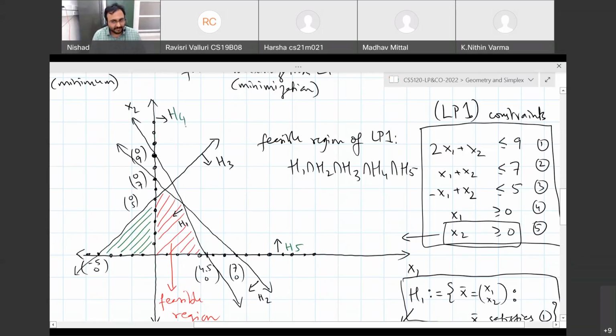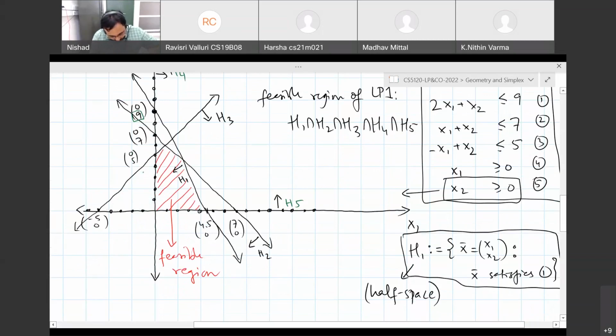Is that correct? H5 is the area where x2 is at least 0. Remember, x2 is our second variable and x1 is our first variable, right? So I had mixed up h4 and h5. And now if you think about it, if you omit x2 at least 0, then you actually have an unbounded situation, because all of the area,